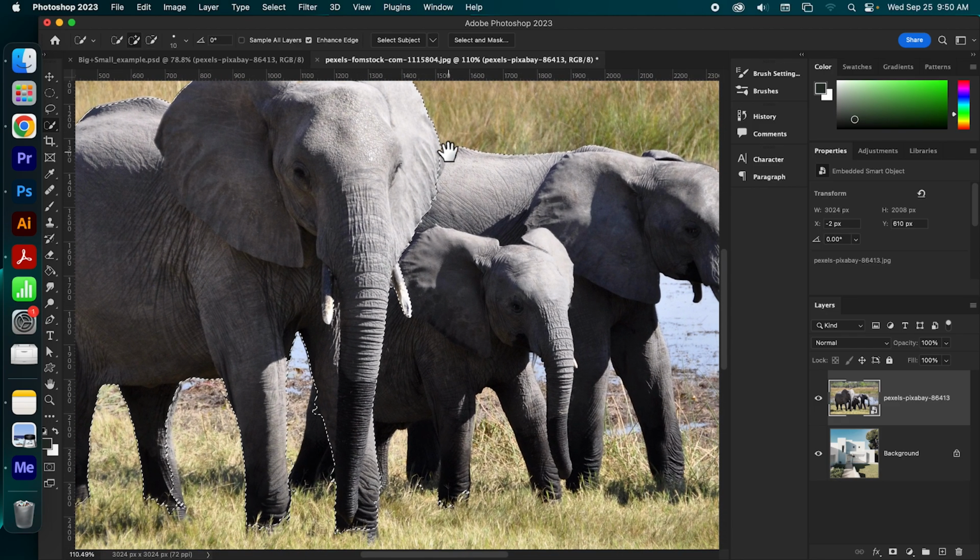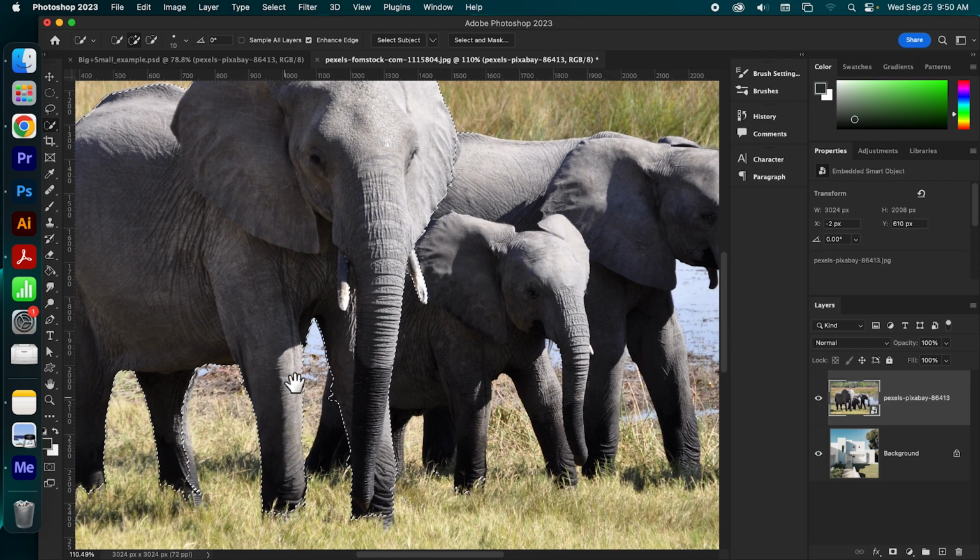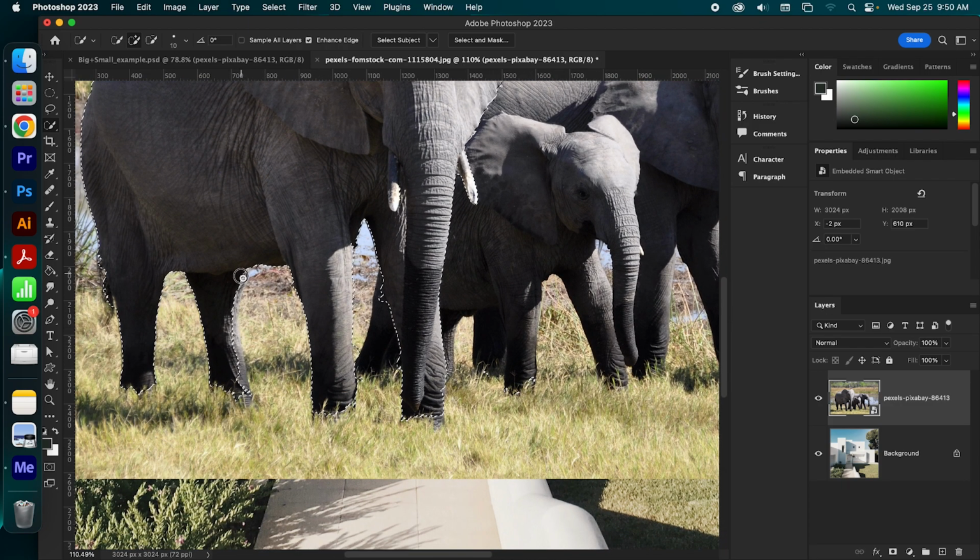Okay, so I'm going to look at my selection. I've got this weird thing here. I'm going to deselect that. I've got a little bit too much of some things, but I can erase those later. I want to make sure that I have everything that I need. That's selected way too much. There we go. All right, that's pretty good.